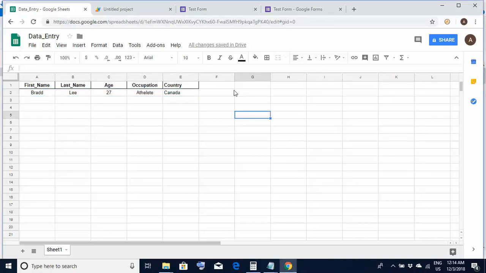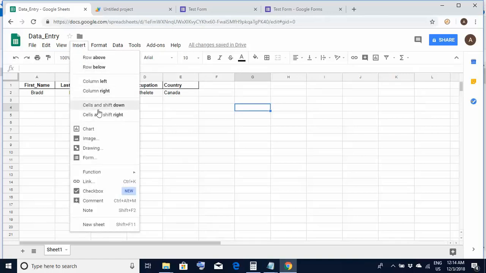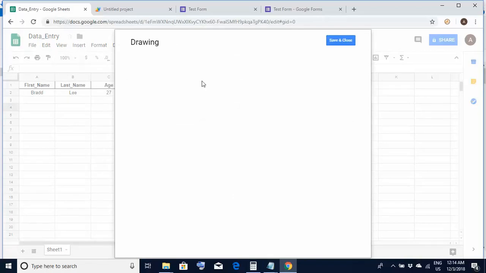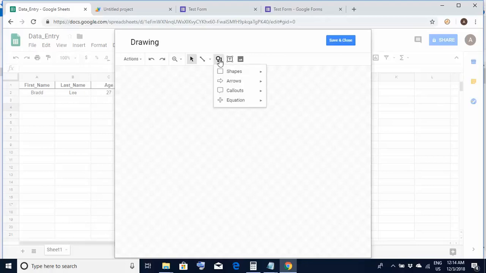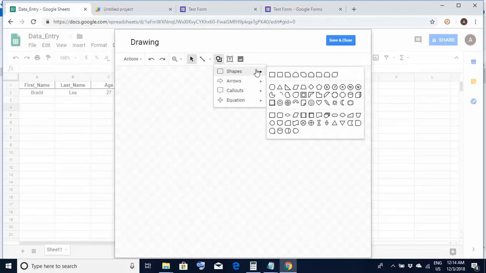Now if you want to place a button and execute the code through the button, what you have to do is go to insert. Here you will find something called drawing. Select that option. Within drawing, you'll have this option of shape. Click on it, and here you will find different shapes. So you could select any shape of your choice which looks like a button. So I'm selecting this option,